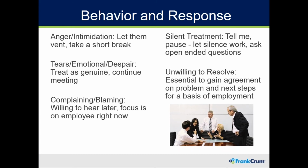You may, however, have some people who are just unwilling to resolve the problem. Again, it's essential to gain agreement on the problem and the steps necessary to remedy it. If you come to an impasse and they are absolutely unwilling to resolve it, you're probably wasting your time continuing the employment if you're going to find yourself in this position a week from now, or if they just refuse to improve at all. That doesn't help the individual, it doesn't help the coworkers,